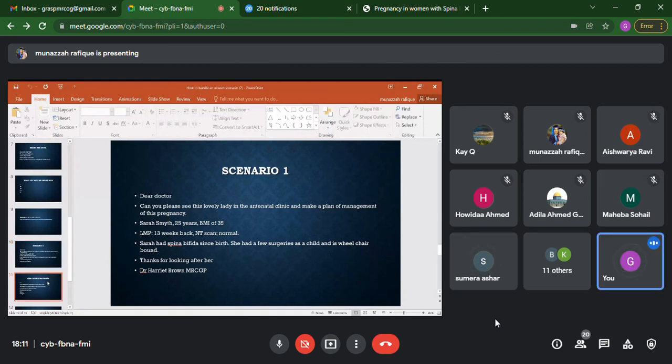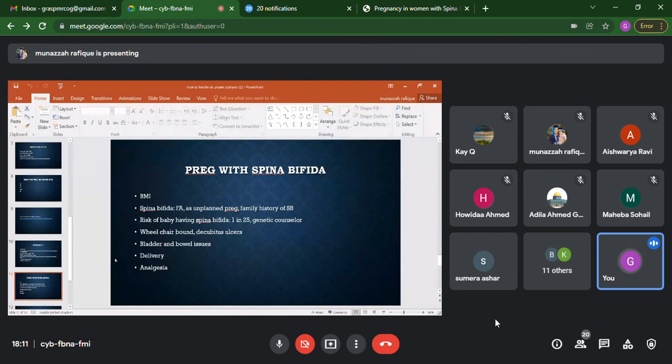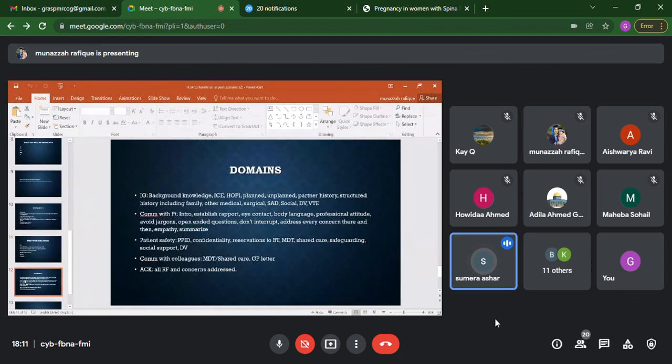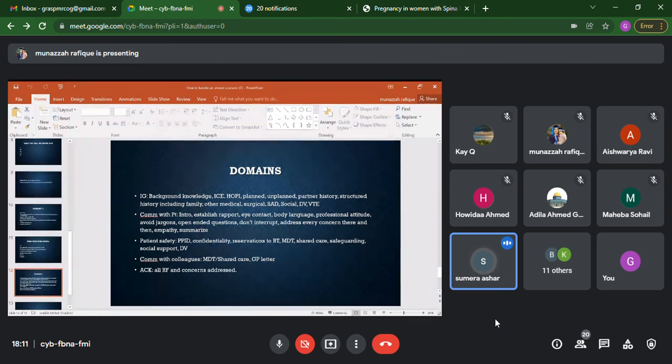Can you think in terms of the domains? Just a very quick reflection in terms of domains. Regarding information gathering, I think I forgot about the blood group and allergy. I think you asked just about allergies. Blood group, I forgot, it's really important in antenatal cases.